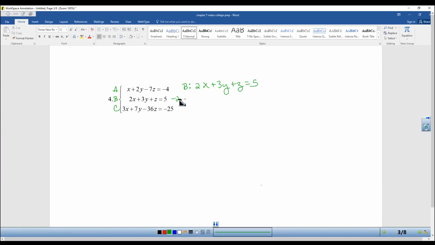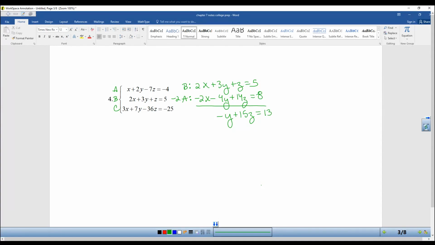And I'm going to do negative 2A. So if I multiply this entire equation by negative 2, I get negative 2x minus 4y plus 14z is equal to positive 8. My x is canceled,